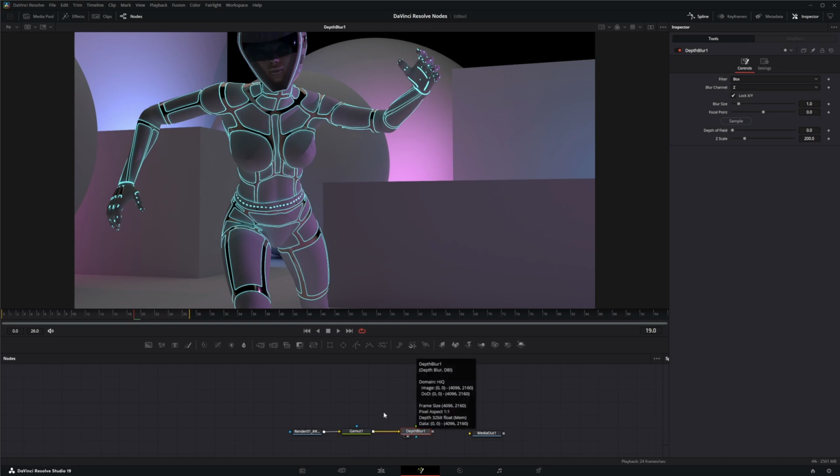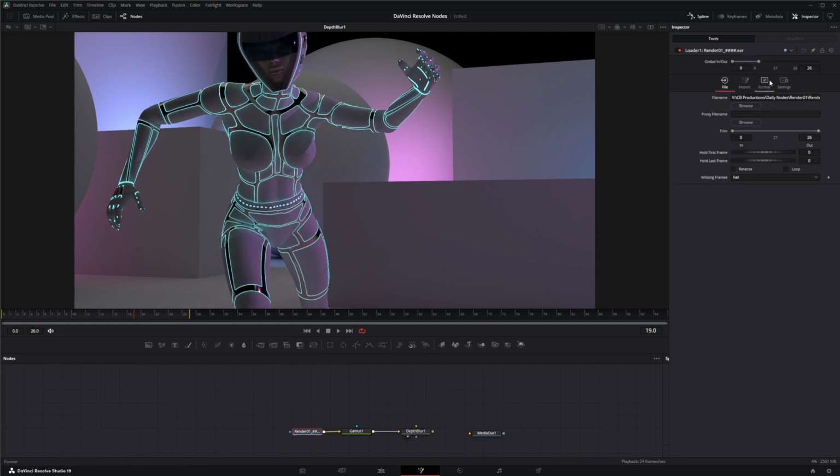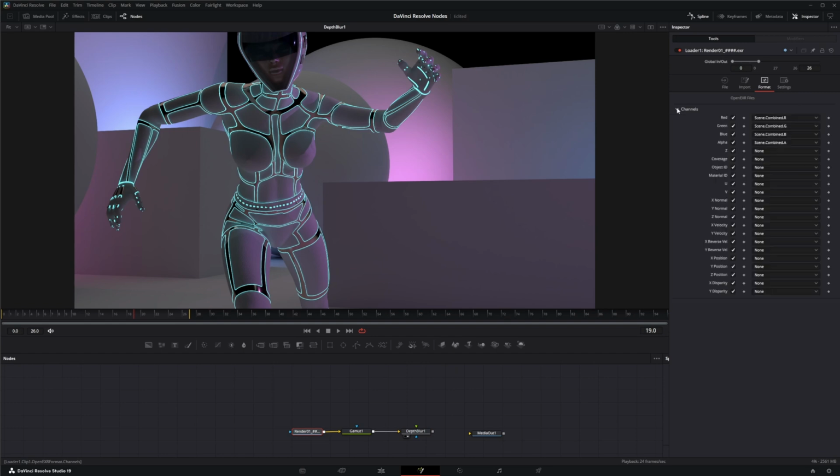So we're going to input this into our input. And in order for this node to pick up our Z depth information, we need to go to our loader node, go to Format, Channels, and under the Z, we need to select our Scene Depth Z. So now that Z buffer, Z depth information is being pushed to that node. So if we go back to the blur node,